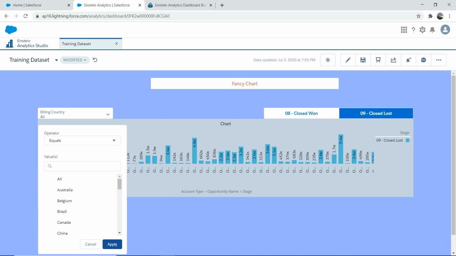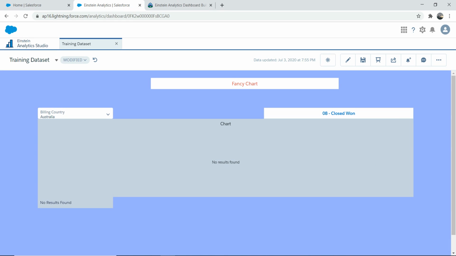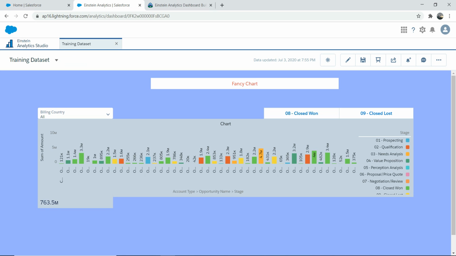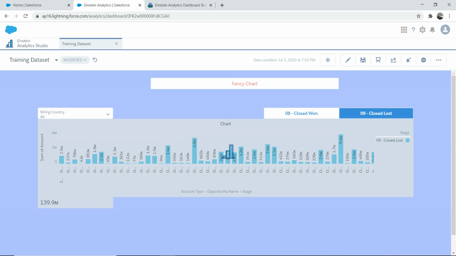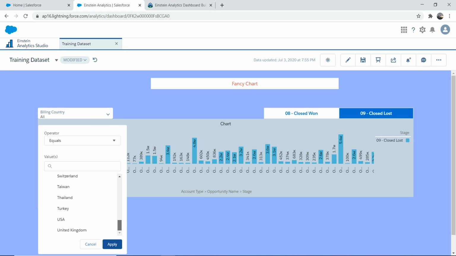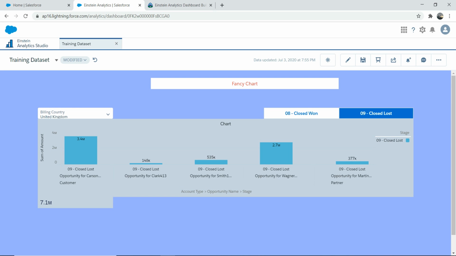And you can now apply the filter if you wanted to see Australia. See, there's no figure. And so you just go back, and everything's back to normal, and closed lost. And so let's say closed lost in the United Kingdom, okay? We got some figures. So you can use these two together, and then it will help you filter the chart. So this is a pretty good way; you can do a lot of fancy stuff with the chart